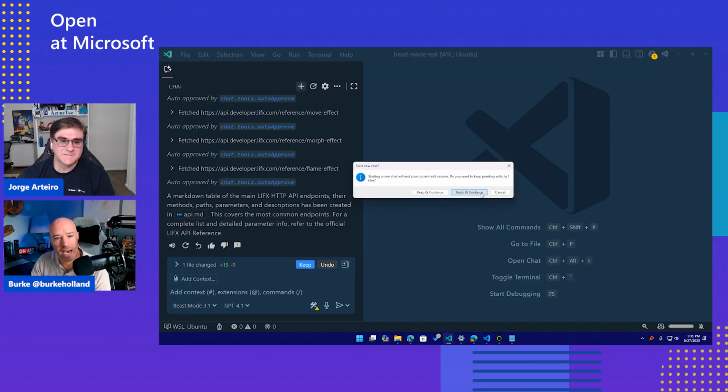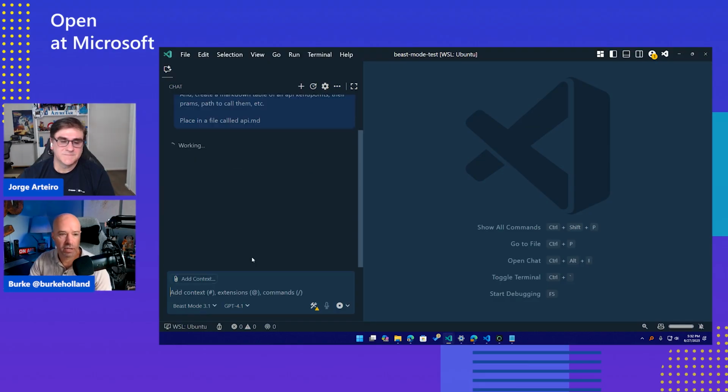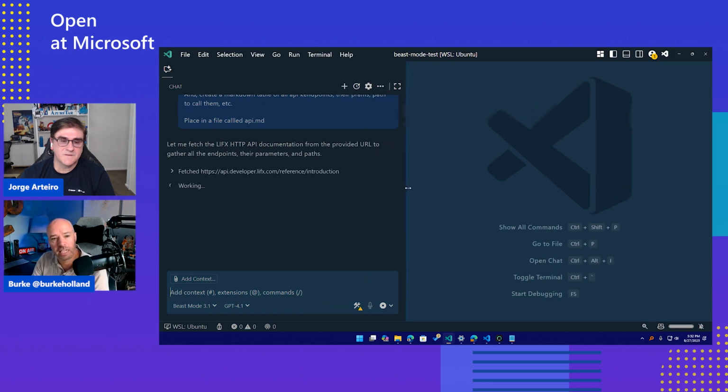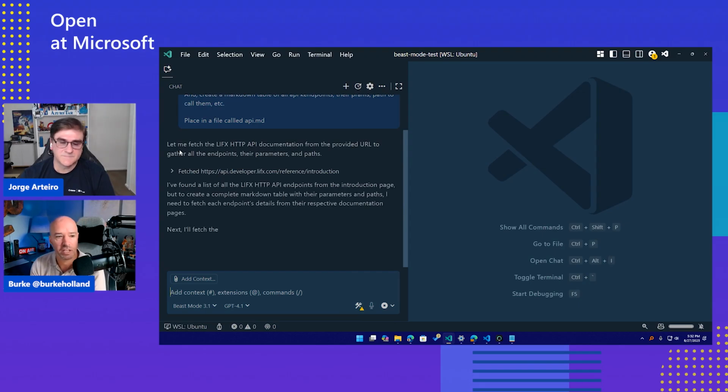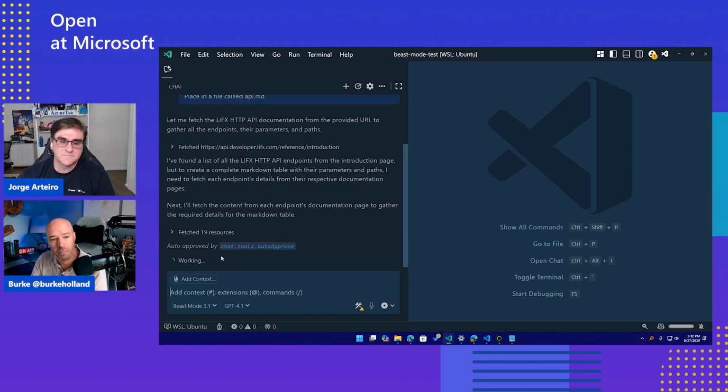So if we run this back, let's run it again. And this time we're in a different mode. And then we'll look at the difference and we'll talk about the actual prompt itself. You can see the first thing it is doing is it's communicating a lot better than the previous model, right? It's telling you what it's doing. And it's sort of walking you through here. It tells you, look, I fetched this. Next, I need to do this. My tools are, I've got auto approve on,